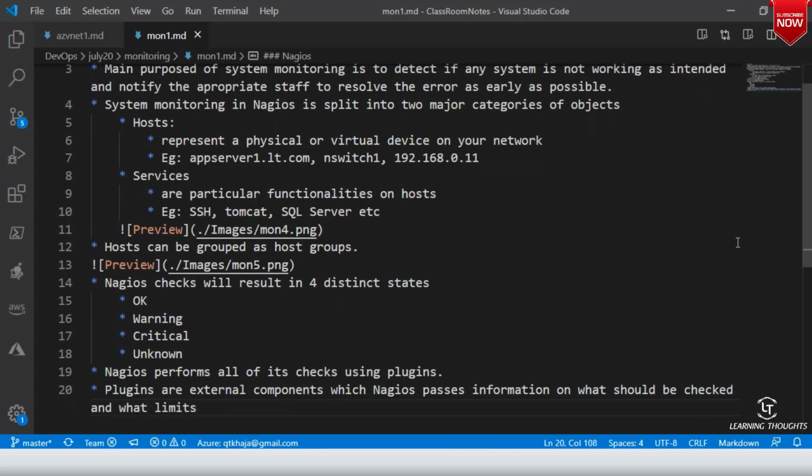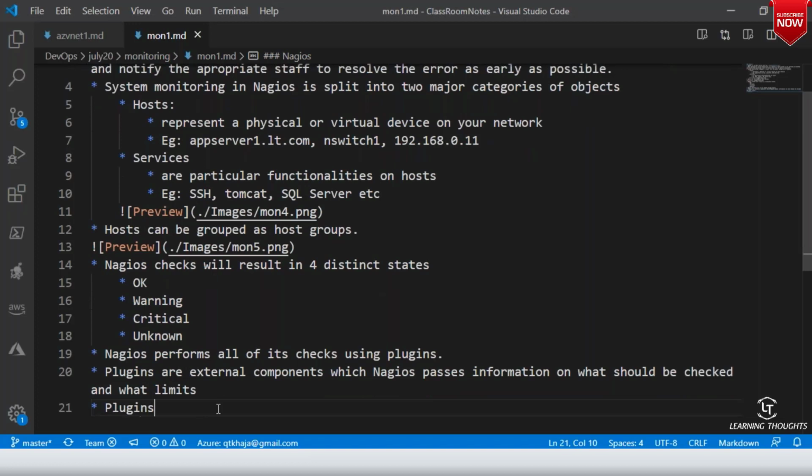So in Nagios, all of your checks, whether the server is alive or dead, whether the FTP server is responding or not, are done by a component which is called a plugin. The responsibility of the plugin component is performing the checks and analyzing the results.